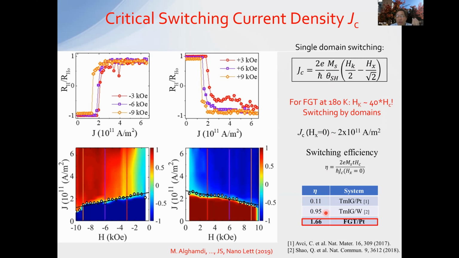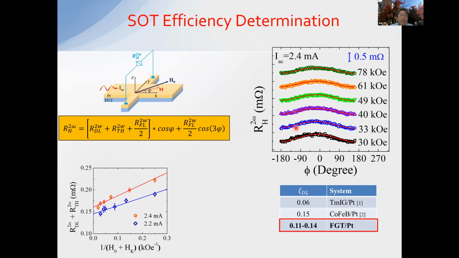Because of a very small coercive field compared to the anisotropy field, we get an inflated parameter here, but it still compares very favorably with other materials. In order to get a better spin-orbit torque efficiency from the single domain regime, so that we can get a figure of merit to compare with other experiments,